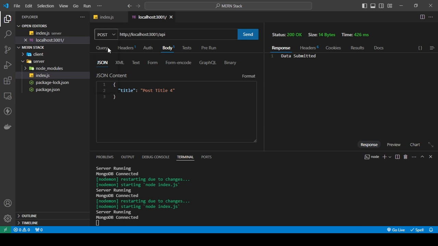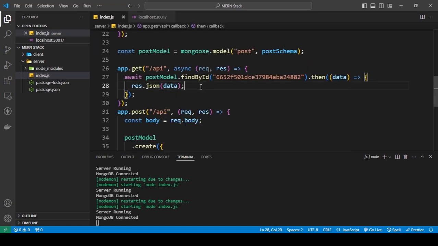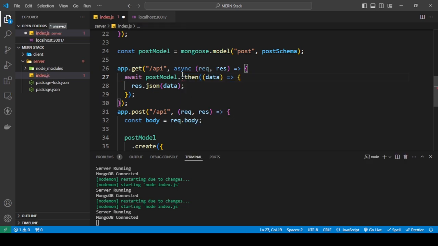I'm going to change this to a GET request, and let's see what happens. As you can see, it found this post and it's getting the title. And now let's say we wanted to get all of the data inside of the database collection. Okay, so you do